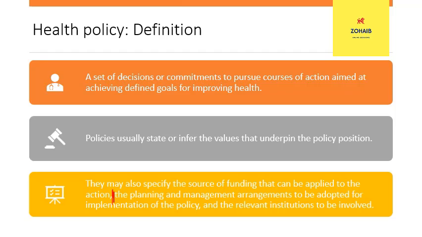relevant institutions. For instance, today we are discussing health policy, so it means that the relevant institution is the health personnel, the health care providers, hospitals, Ministry of Health, health ministers, bureaucrats. So this means that the policy undergoes from phase to phase, from one point to another point. First of all, as we discussed, funding is important, then management arrangement and implementation, and in the last, relevant institutions. Moving forward,